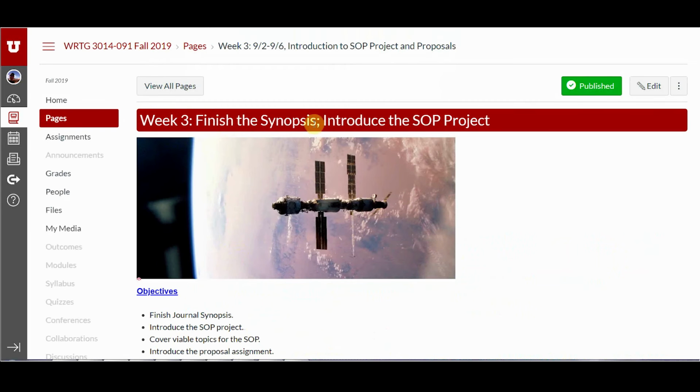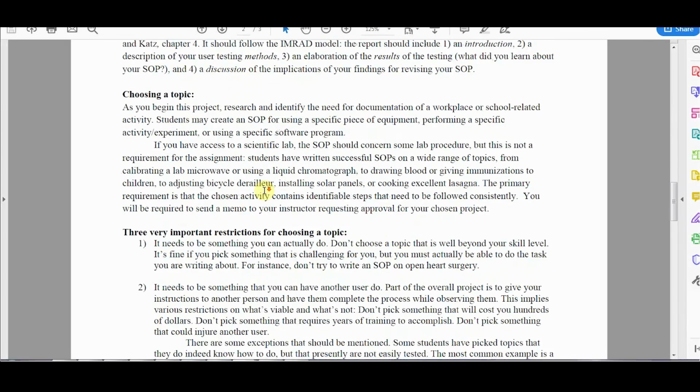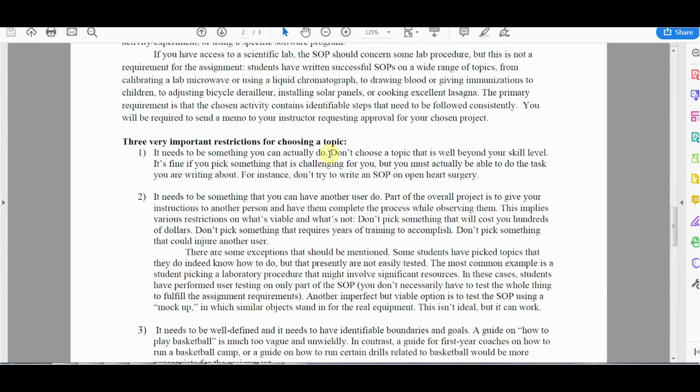I want to go down here and I want to click on the assignment sheet. This is obviously on Canvas for you to read. I am not going to read through it verbatim in this video, but I want to point out an important point or two. When we get to choosing a topic, it needs to be something you can actually do. Sometimes students will pick something that is well beyond their skill level or that they do not have the equipment to do. For example, I have had students propose something like open heart surgery or repairing a jet engine, and